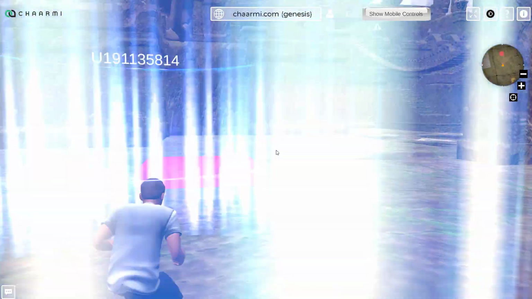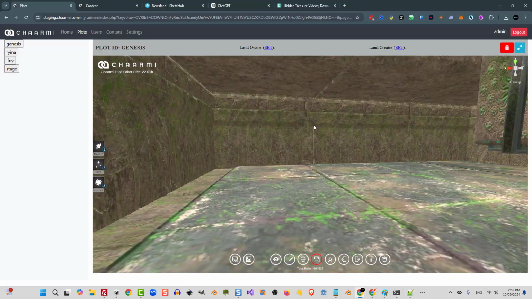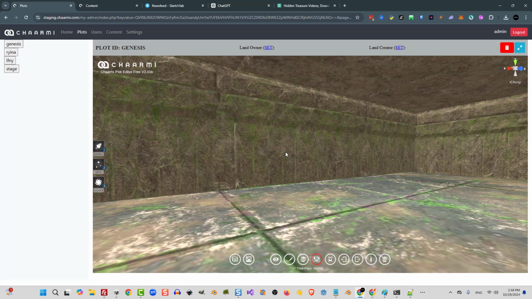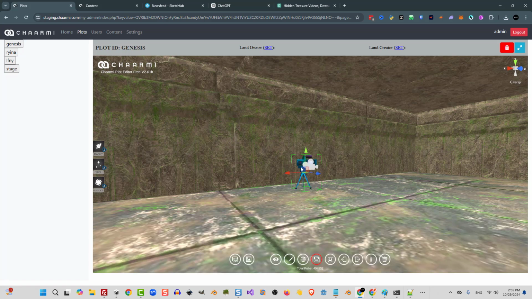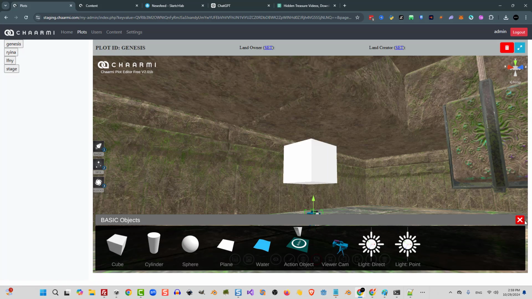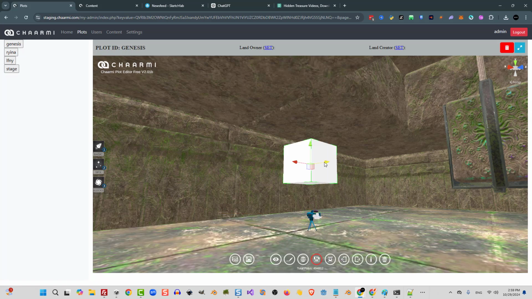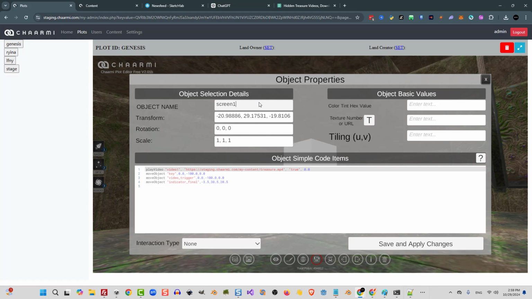Now let's go over creating a viewer camera. Go ahead and open the basic objects, and let's place a viewer camera into the scene. Next, we need a screen or object we can show the camera view on. Go ahead and create a cube object, and let's place it in the scene, and open the properties, and let's